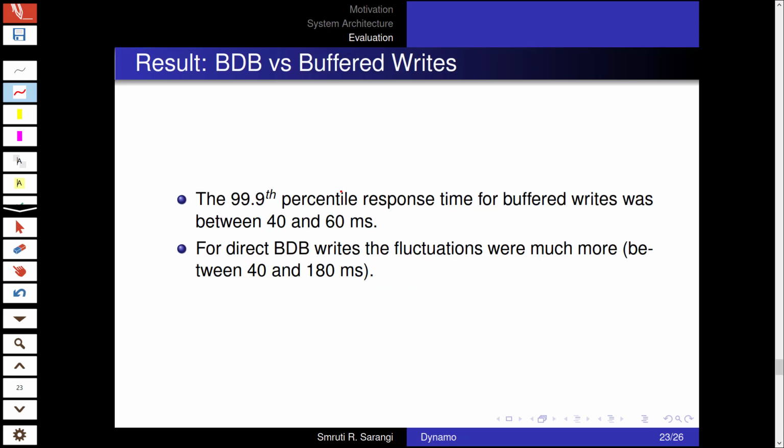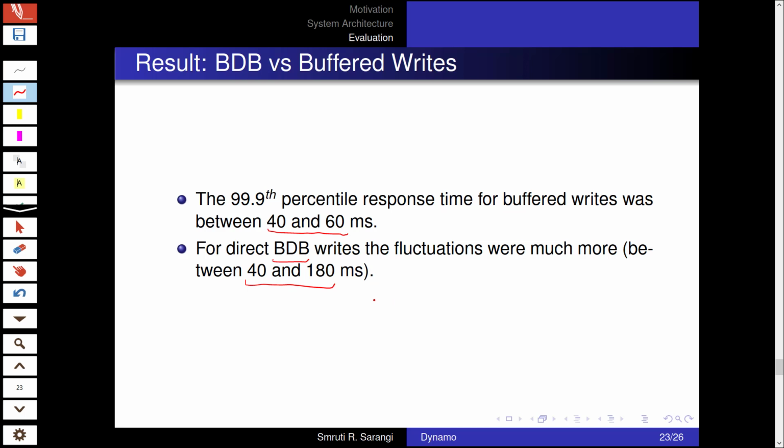But if we were to consider in-memory writes where we just write it to memory and gradually persist it to disk, in that case, the 99.9 percentile values were far lower, between 40 and 60 milliseconds, which is a reasonable idea if we have some reliability guarantees where we know memory is not going to fail. And for Berkeley database writes, where a Berkeley database is a database tuned for small files, in that case also it was between 40 and 180 milliseconds. So the write time was nevertheless still high if we are not using a full in-memory solution.